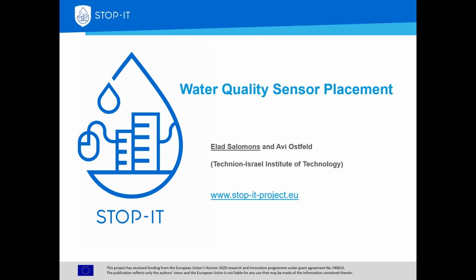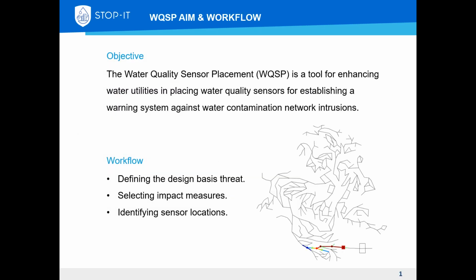Today I'm going to talk about the water quality sensor placement tool, and I'll start with a short introduction. The objective of this tool is to help water utilities in placing water quality sensors to establish a warning system against possible contamination. The workflow of this tool is first to design the threats and then select how they impact the network. And finally, and this is the main objective, is to identify the sensor's location to mitigate against these